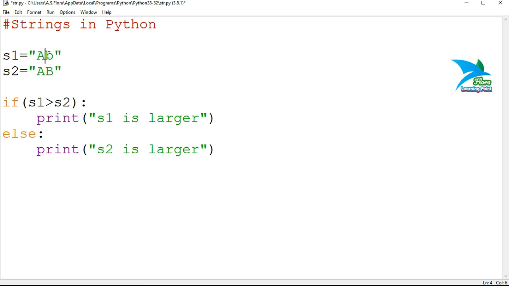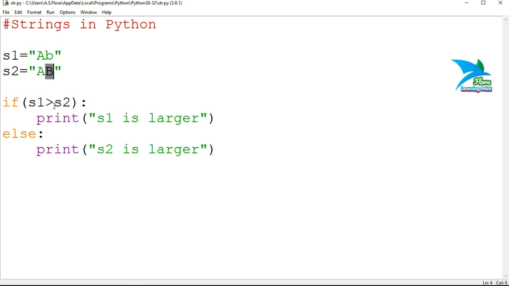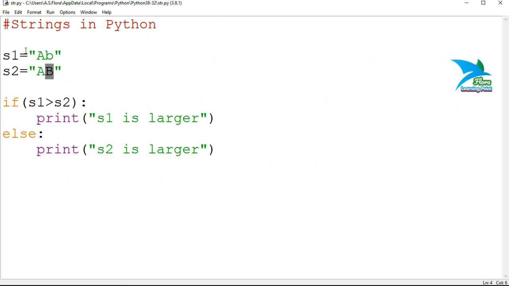These are equal, then it will compare the next, the second letter. So it will compare these letters, and the ASCII value of lowercase b is greater than capital B. So it will return s1 is larger. The system will compare like this, right?